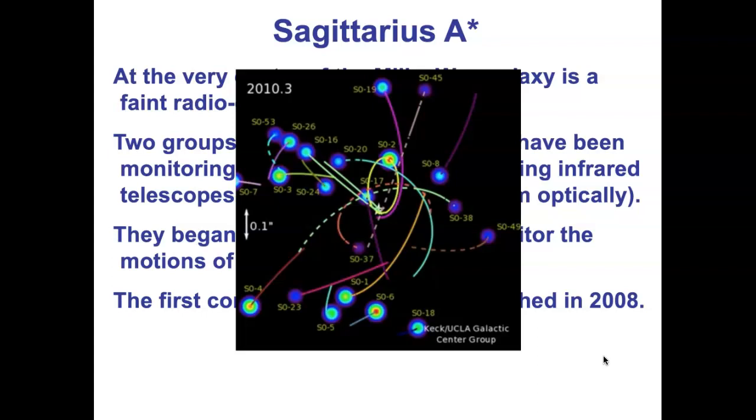It turns out this is not uncommon. It turns out we've discovered supermassive black holes sitting at the center of lots of galaxies. They might be there at the center of most galaxies. But we're going to start talking about galaxies pretty soon here, so we'll talk more about this later. But it turns out that, yes, at the center of our galaxy, and maybe even at the center of most galaxies, there is a supermassive black hole with millions, or in a few cases, a few billion solar masses all